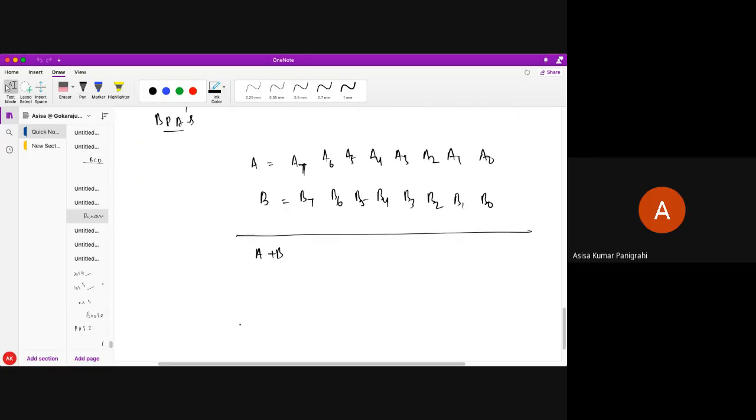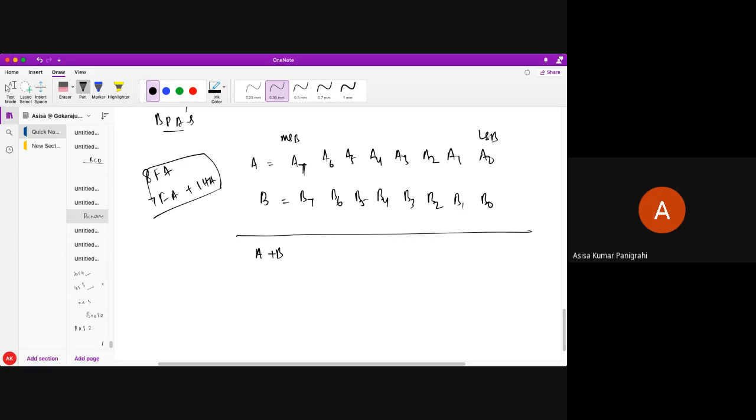So now the requirement is 8 bits, and I have to design it with the help of only 4-bit BPAs, not with the help of full adders or half adders. If I am going to design it with full adders, how many full adders do I need? I need 8 full adders, else I need 7 full adders and 1 half adder. But the question has not asked to design with full adders. It has been asked to design an 8-bit BPA using 4-bit BPAs. This is my MSB bit and this is my LSB bit.